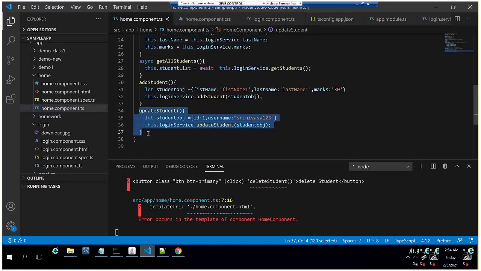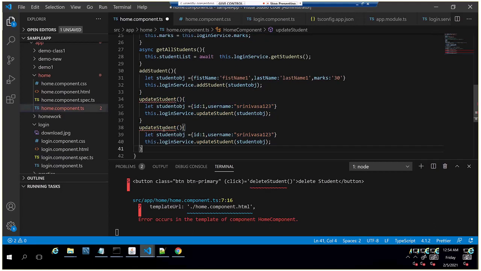I'll create another method, delete student, because we're going to create two buttons there. I have created create and delete, 3 buttons, and add display students. Totally there will be 4 buttons on the UI. Yeah, delete student. Actually, this delete student will accept only the index. So for the time being, I am hard coding delete index to 1 so that it will delete the first record. Later we'll add it dynamically for each row.